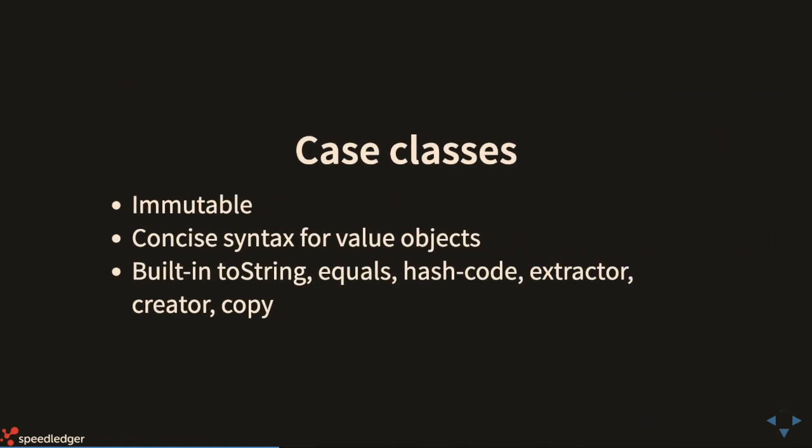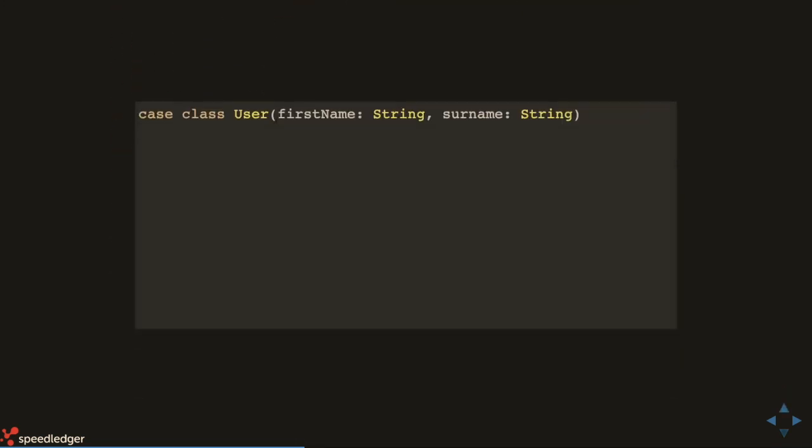Now we come to the case class. So they're immutable, as I said. And it's a really concise syntax. But I would say the main thing is the extractors and the copying parts of it, because that makes them so easy to work with, even if you want to update something. Because when you update the case class, since it's immutable, it's just going to return a copy of itself with the updated value and all of the old values still in place. And the extractors will go through here.